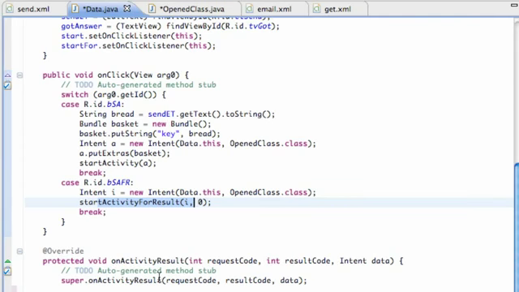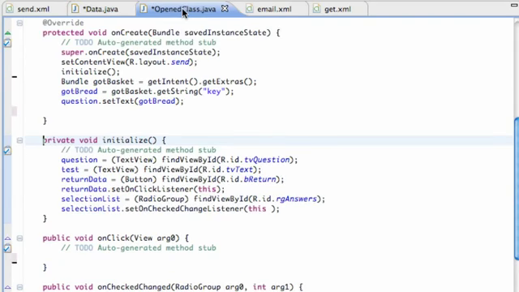Again with me, Travis. What we're going to do in this tutorial is basically set up this start activity for result button. If they click that, it's going to give us some input from the next class for the most part. So what we're going to do is go into this open class and set up this onClick method, because this is for a return button. When a return button is pressed, we're basically going to send the data back and then close